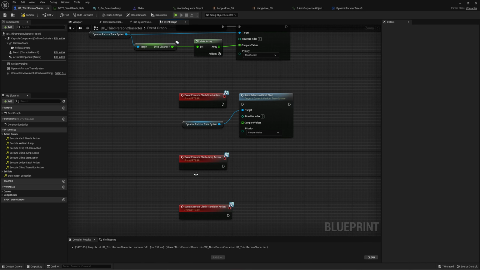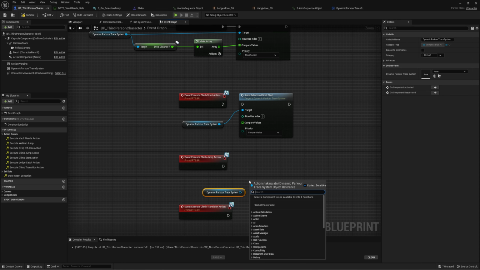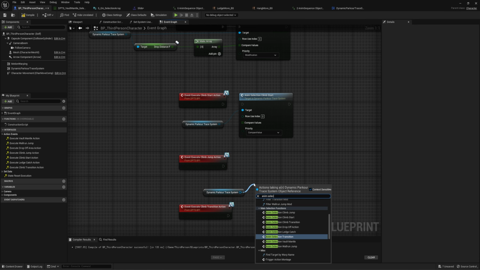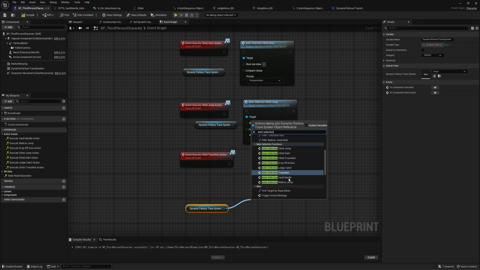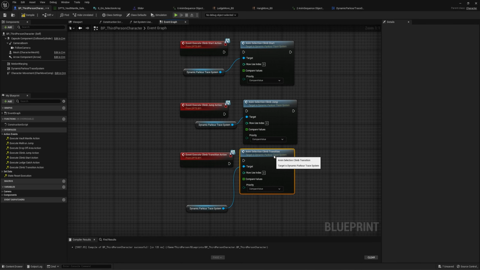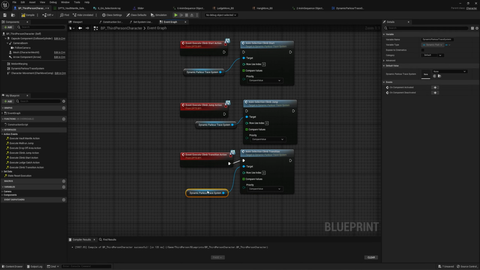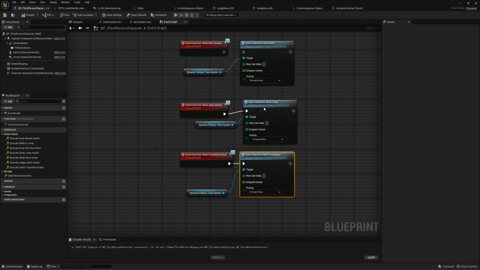Now we can also, I'm just going to grab a new reference for each one. So now we'll go with pull off and get anim selection. And this one is going to be for the climb jump action. And then one more time, pull off, anim selection, and get for the climb transition actions. So there we go. So now we have the anim selector and action events in our character for climb jumps,